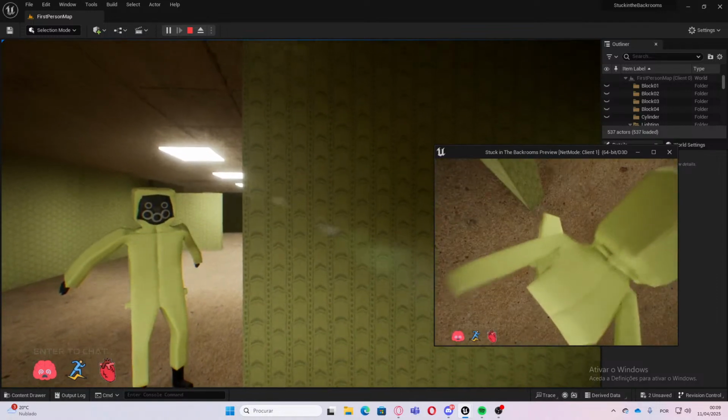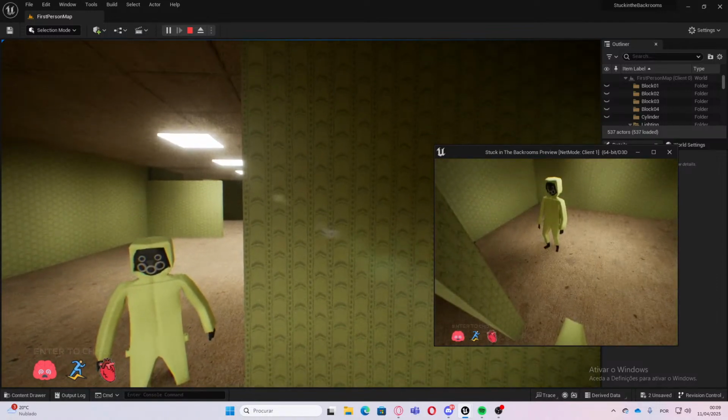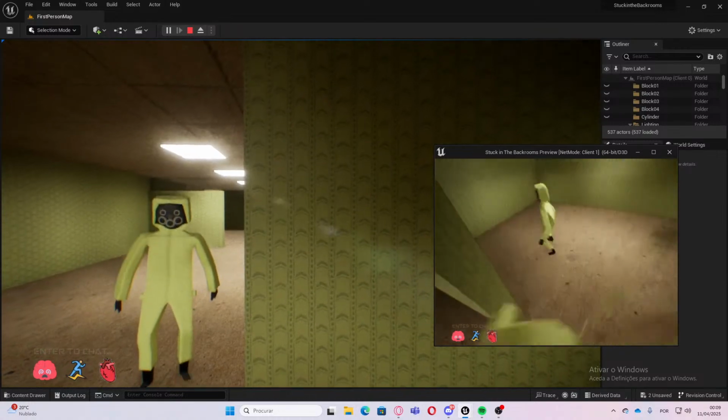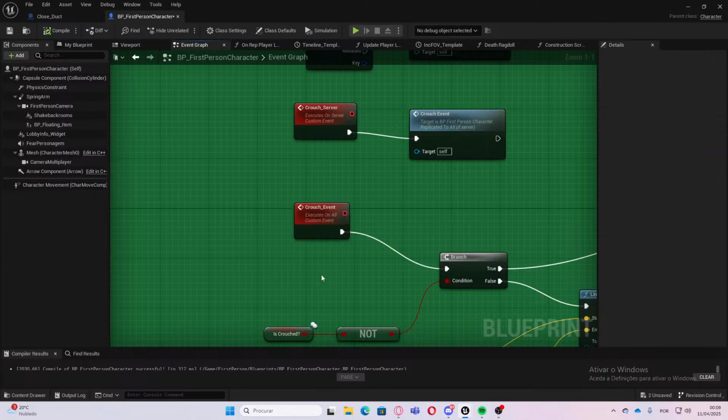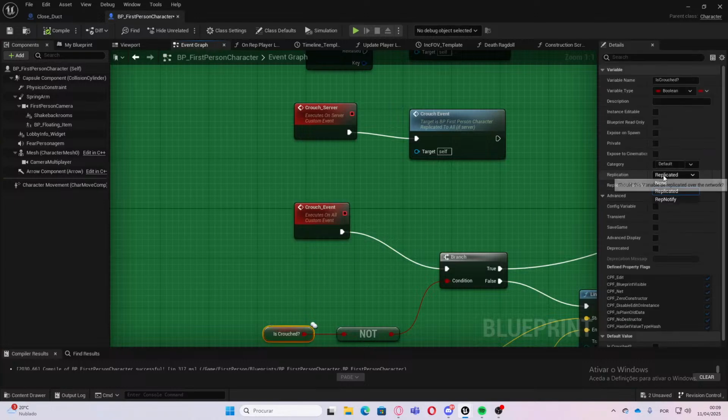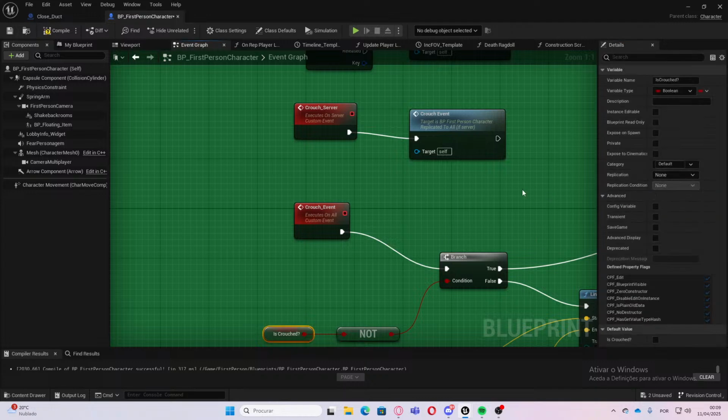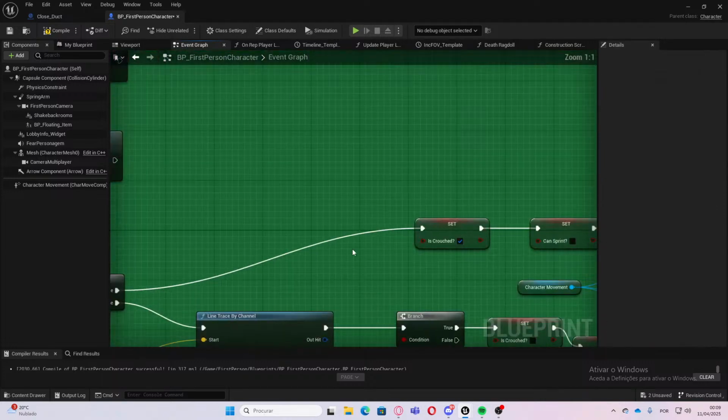So it is pretty much doing on server, but we don't want that to happen. Let's try something. So if we don't replicate this variable, so is crouched, if it isn't replicated,